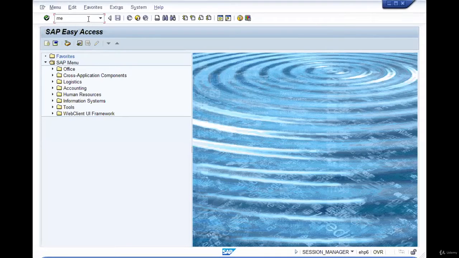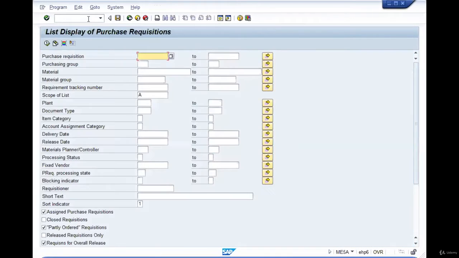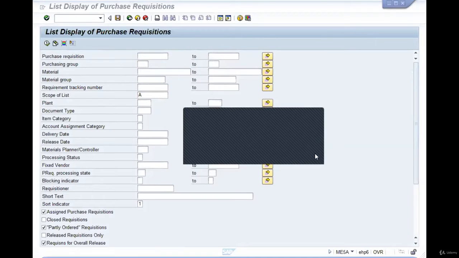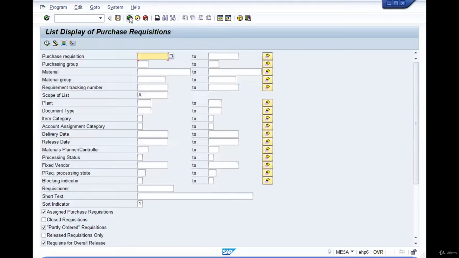So you can use ME5A to enter the. This is happening again, I seem to be getting disconnected by the system. Just give me one moment. Okay, sorry for this. Let me go back, and once you specify ME5A, you can enter any criteria to fill